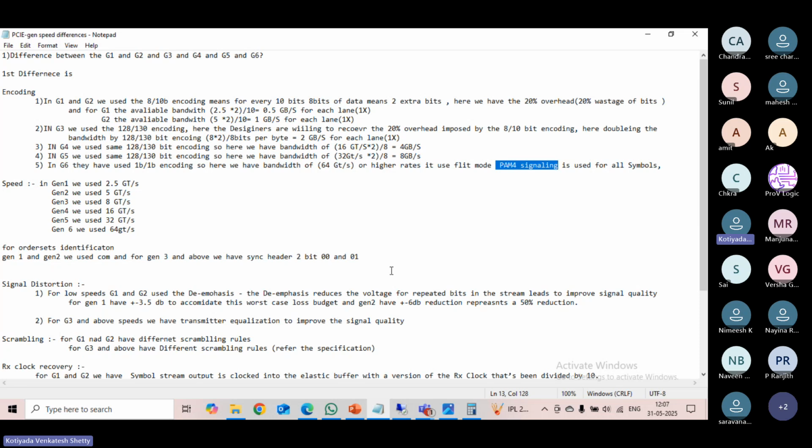Anyone have any doubts? These are the basics of PCI, how the flow and all. Okay, next onwards, we will go through each layer. Can you explain once that Gen 3 calculation? Gen 3 calculation, like how it was? Yeah. For Gen 3,